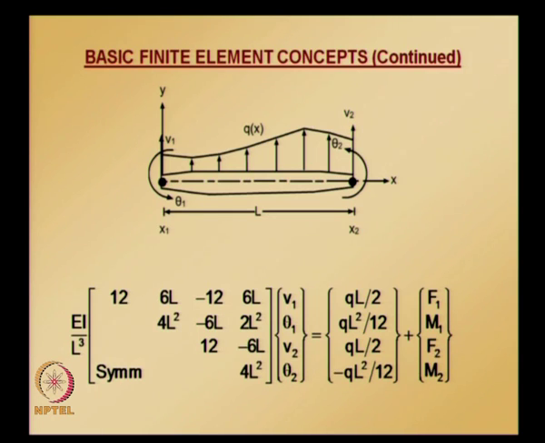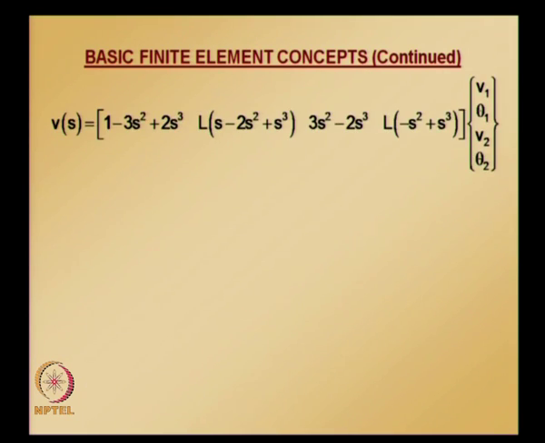Before doing that, let me tell you, once we get v1, theta 1, v2, theta 2 by solving this equation system, we can do post processing, that is, we can find displacement at any point along the beam length. We derived these equations for v as a function of s, where s goes from 0 to 1,